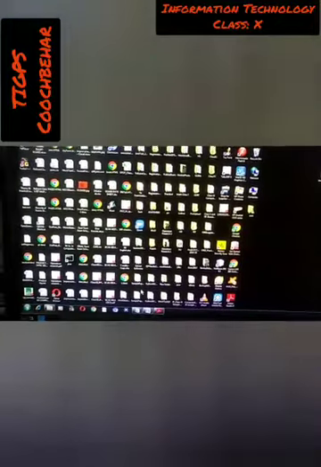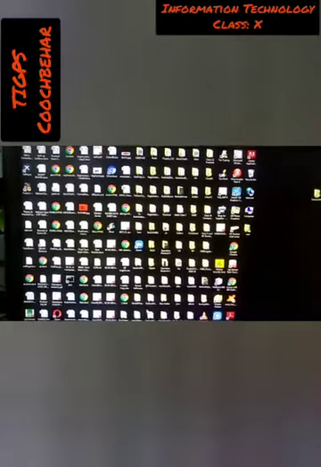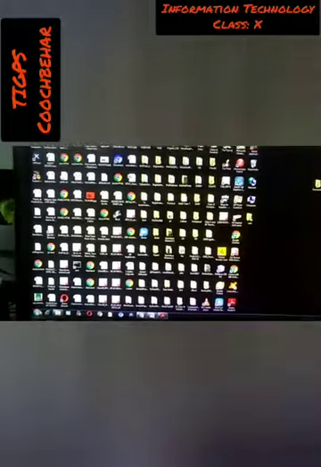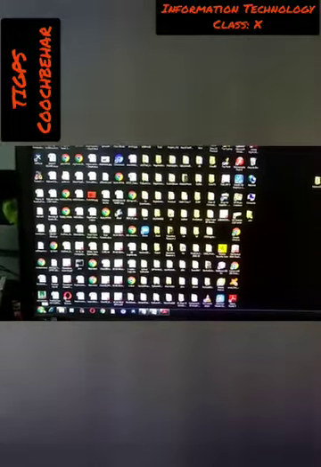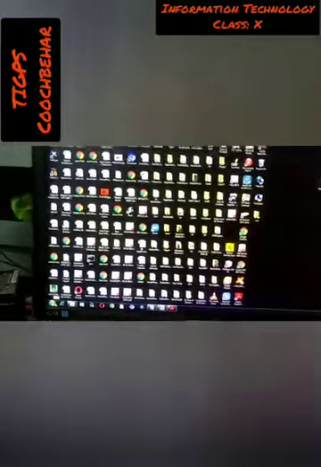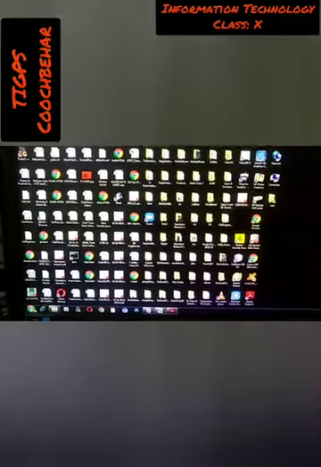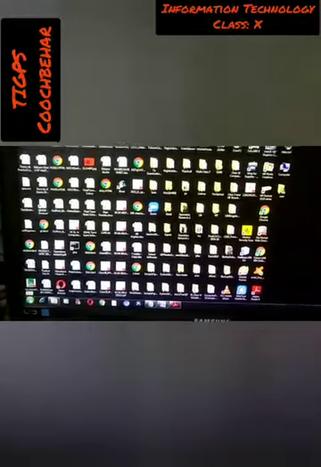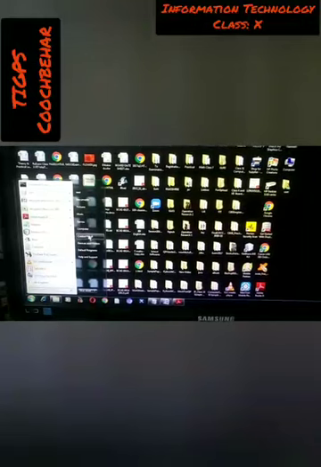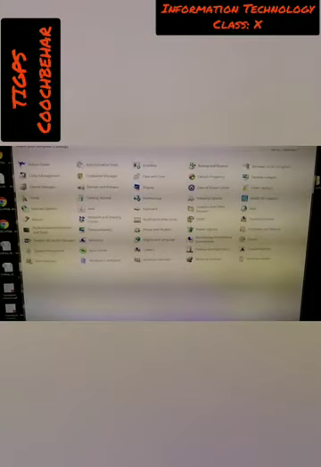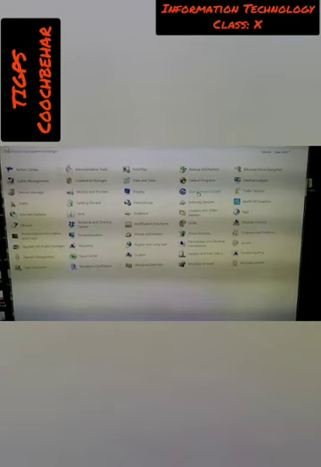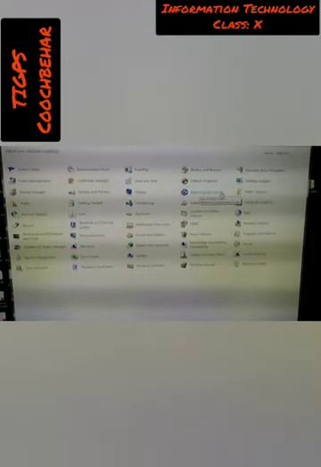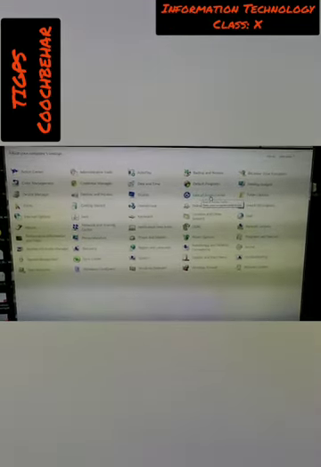I will show you the practical part of this unit. First we will see how we can get access to the accessibility options. For this I will first click on Start, then go to Control Panel, then under Control Panel you can see, as I told earlier, Ease of Access Center. That part I will click. Then under that part you can